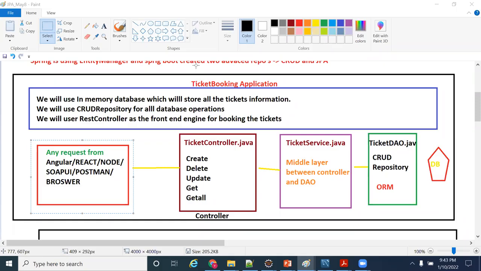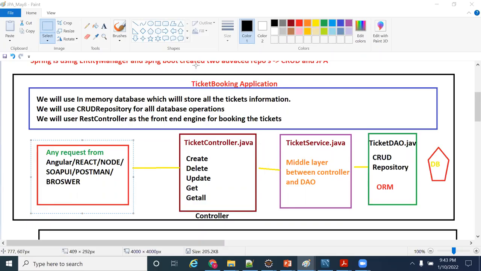To answer your question, generally the service layer is designed for transaction management. If you want some middleware capabilities like transaction management, logging, auditing, queuing, or any other frameworks you want to introduce, you will write them in the service layer. Any business logic validation should also be in the service layer. So it's a better practice; you need to have a service layer.